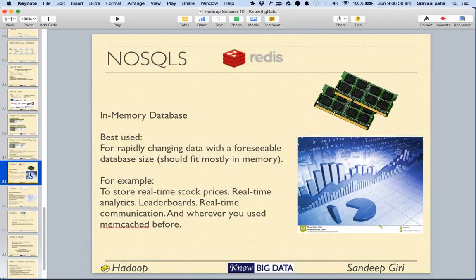Now, I would like to take you quickly through various solutions available in the NoSQL world, because the general challenge which every one of us will face is whether to use this database or that database. Okay,